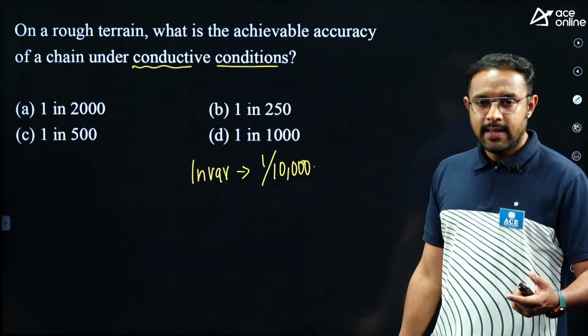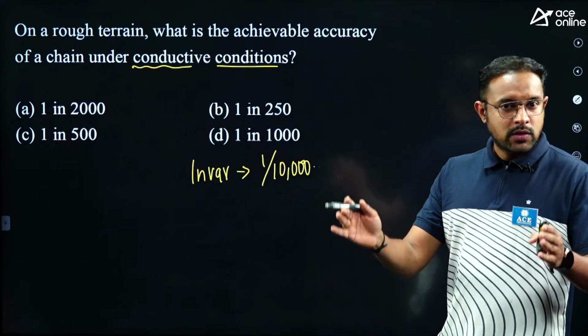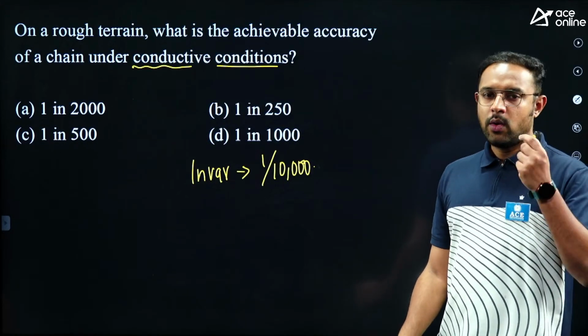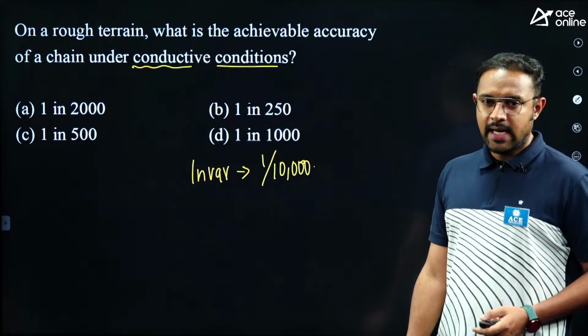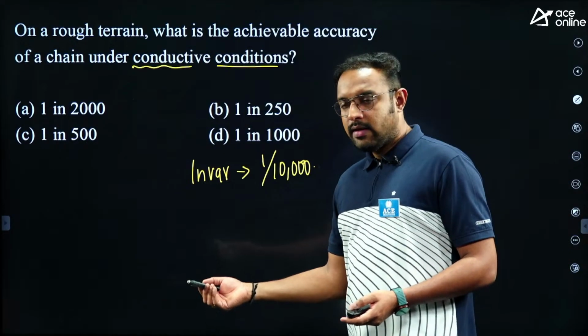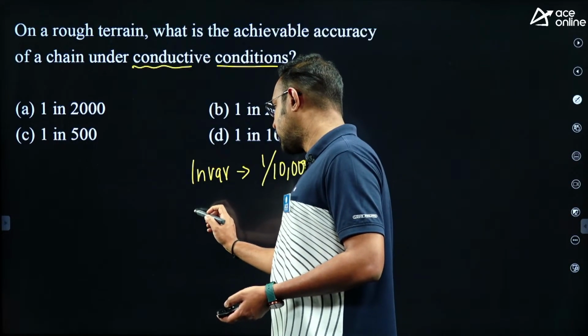What is the meaning of 1 in 10,000? In every 10,000 units you measure in the ground, you are going to get 1 unit of error. That is the idea. But if you are not using an invar chain, you are using an ordinary tested chain and all,